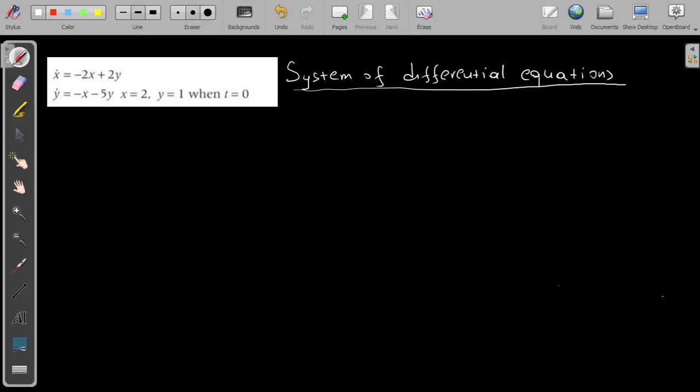Hello, this is Maths with Lemon, and in this topic we will see how to solve a system of differential equations given some initial conditions. This example will be very detailed so as to understand the whole process. Now, the given differential equations are x derivative equals minus 2x plus 2y, and the other, y derivative equals minus x